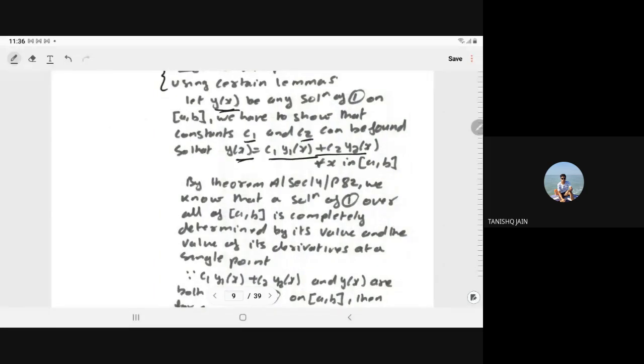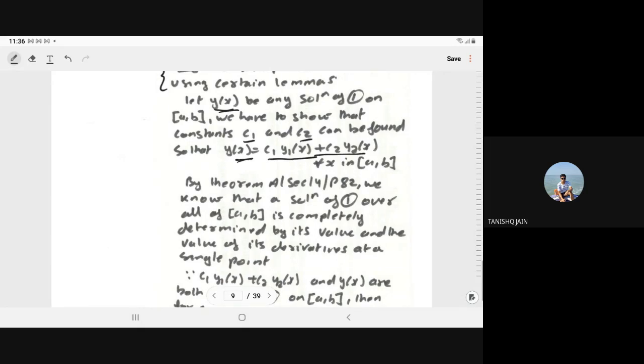c1 y1(x) plus c2 y2(x) is equal to y(x). Then only we can say that it is the general solution. So here, by theorem 14a, what is theorem 14a? For the given particular point, by the theorem in section 14 on page 82, we know that the solution of the first-order